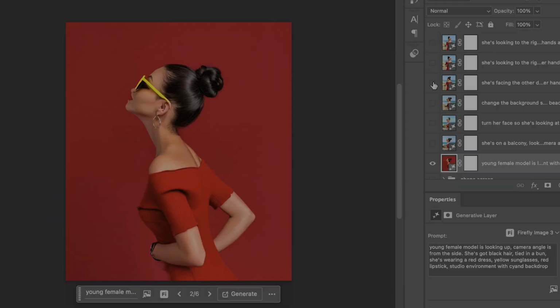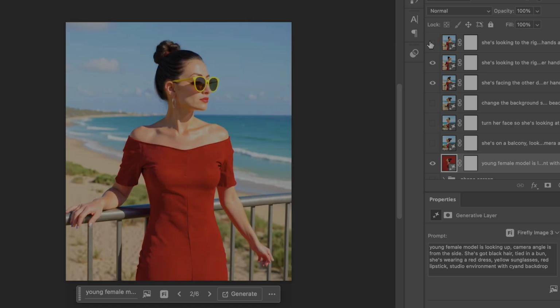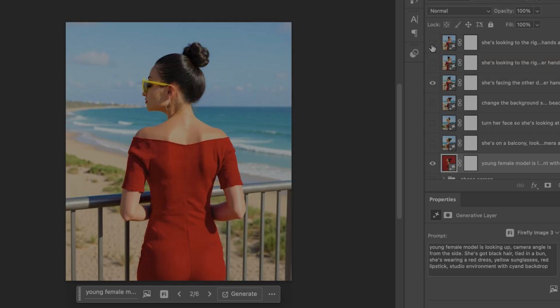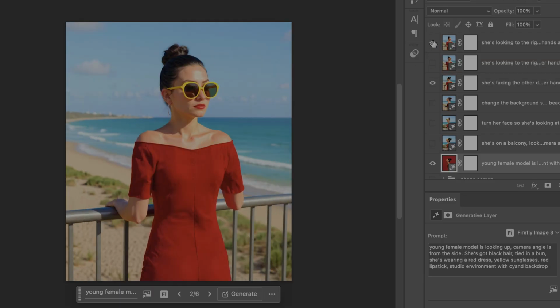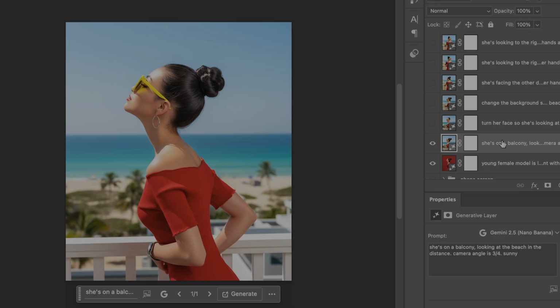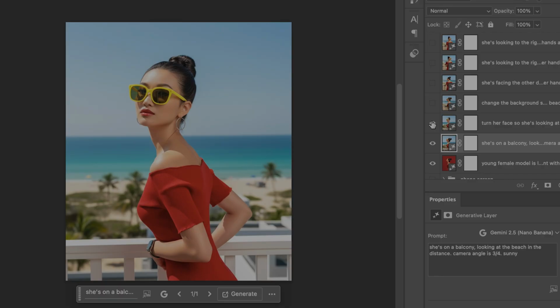I started off with a Firefly image, but in order to make any modifications, I had to use one of the new AI models. Both gave fairly good results, but with Flux Kontext Pro, I had problems getting her to face in the right direction and ran into some weird results. So then I used Nano Banana, and this has got fantastic lighting from the sun,